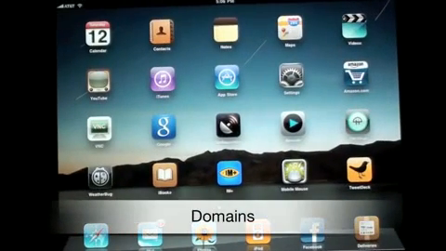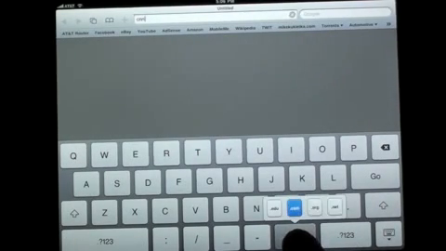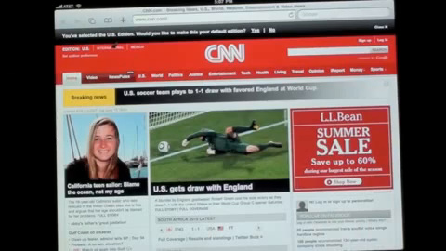For the other hidden key, I have to take you to a web browser. So let's go ahead and launch Safari. And let's start typing in an address. So let's just type in CNN. Now I could just hit the .com key, or I can hold it down. And now I have .edu, .com, .org, or .net. So of course there is no CNN.net, so automatically defaulted